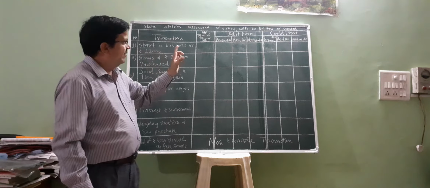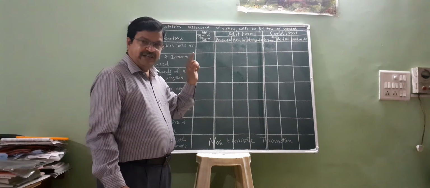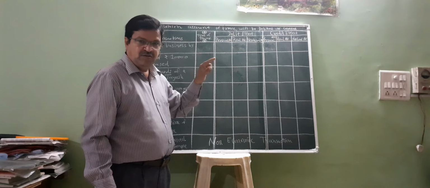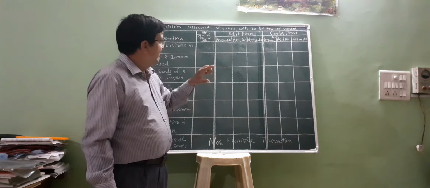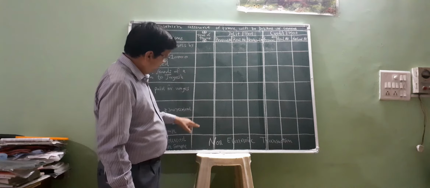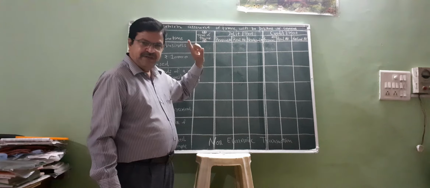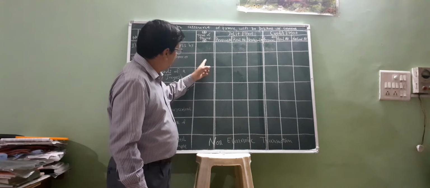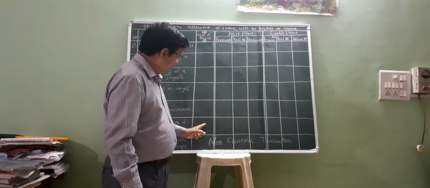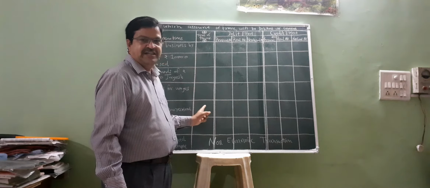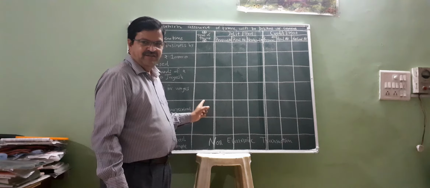Remember one thing: when you look at your textbook or guide, this column, types of transaction, is not given in your textbook or guide. Friends, this is the basic concept, so I have taken this column, type of transaction, extra. Now,